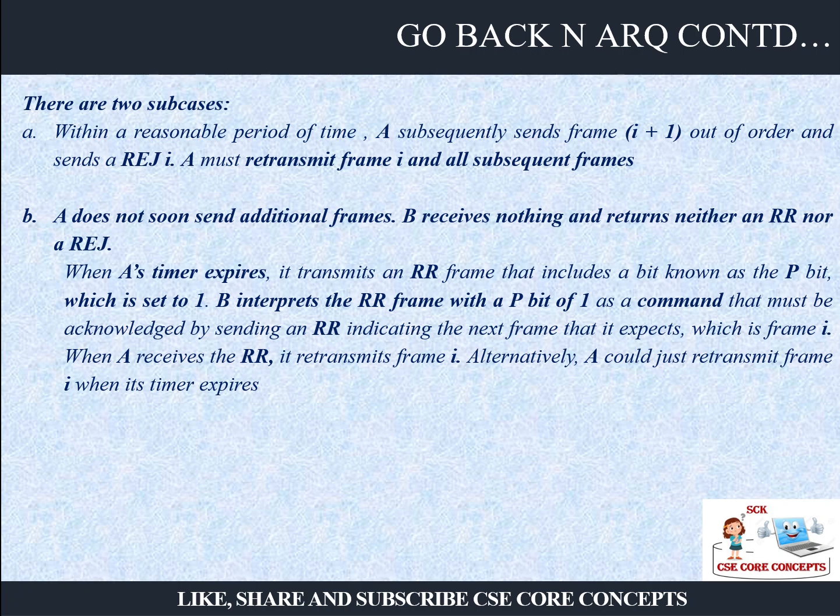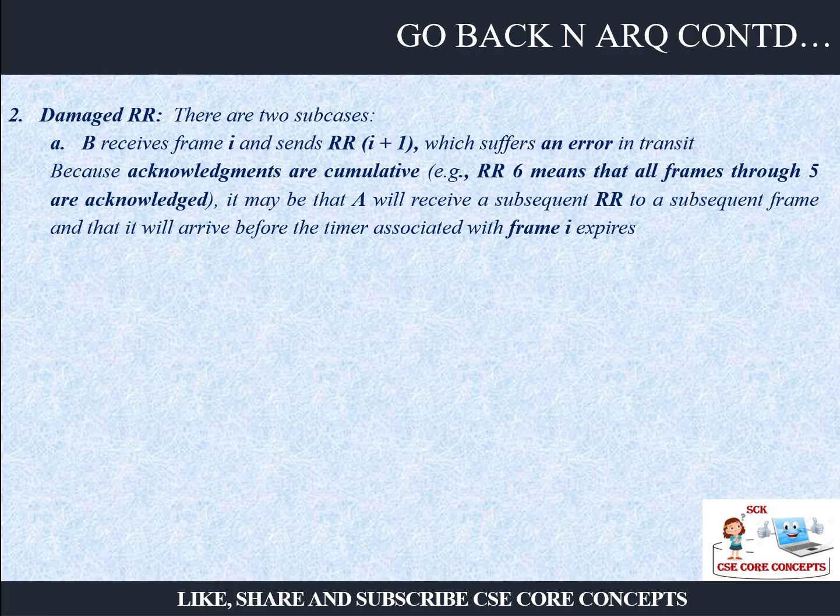Understood? Suppose B has already received the frame properly, but the acknowledgement did not reach A. So B will send what? RR3. That time A will understand that, okay, my second frame was received. Or if it is sending RR2, A will understand that the second frame got damaged. Understood? So when A receives that RR, then it will retransmit that frame. Alternatively, A could just retransmit. It can ask the question with RR and retransmit, or it can simply, after the timer expires, resend frame number 2. That also it can do.